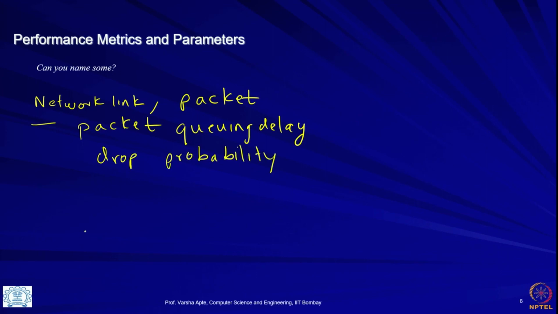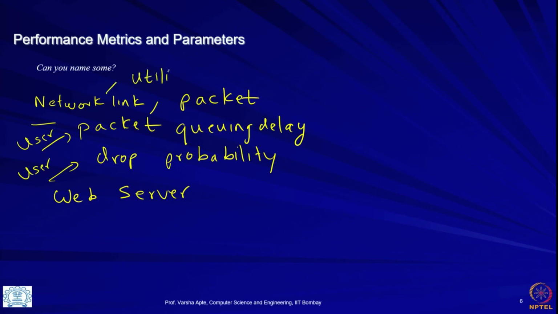Then in terms of, let us say, the web server system. So this one is of course a user metric, this was also a user metric. So the link utilization, what fraction of time was the link busy, this is a system metric. The web server, you know, again request response, request delay, okay, how long did it take for the request to finish, this is one metric.